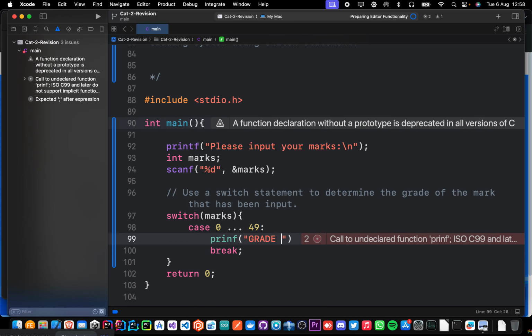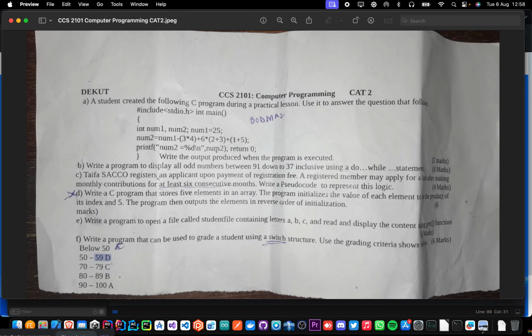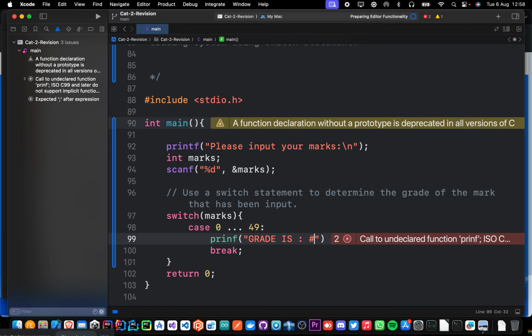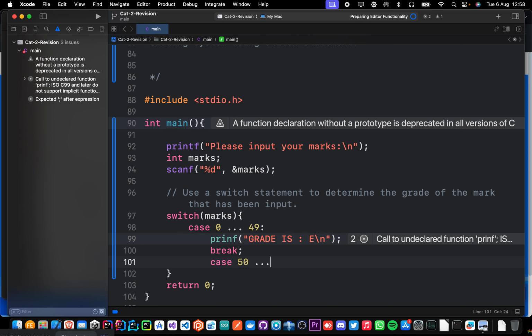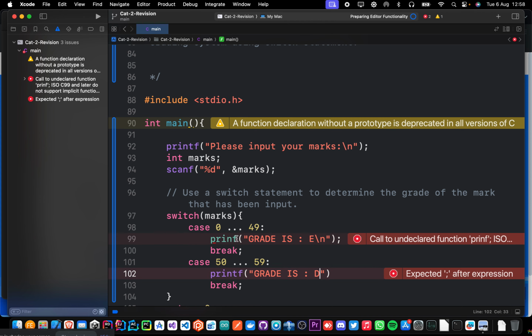grade is, and then what is the grade? We can say it's an E. So grade is E, and always go to the next line. And then we can do the same thing for the other cases. So case 50 to 59, and then you say break, and then you printf and say grade is D. Grade is D. Printf. I didn't write printf, and I can go to the next line